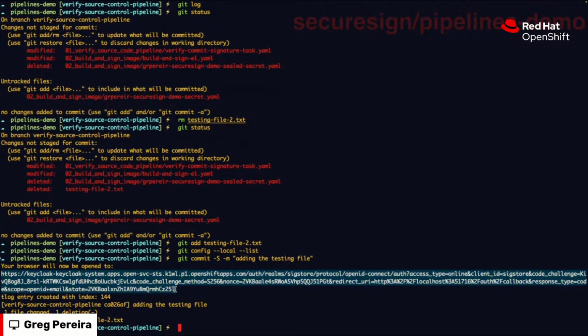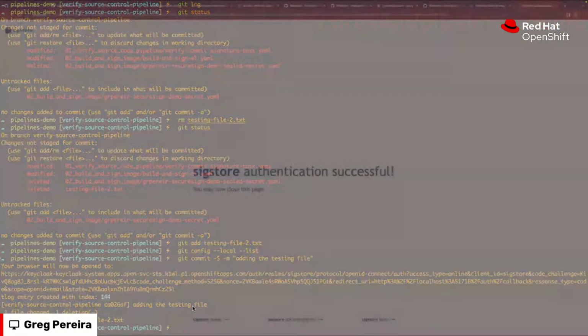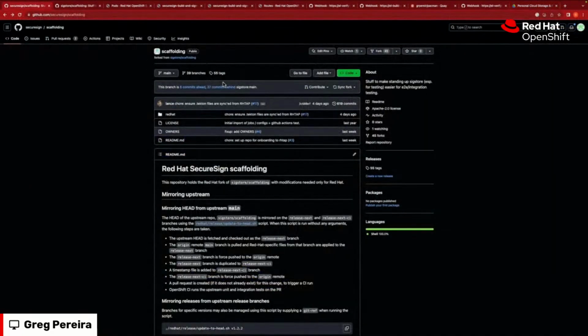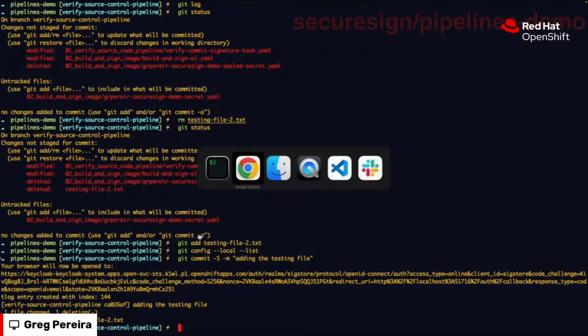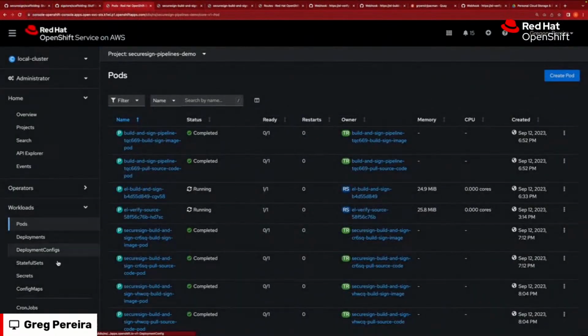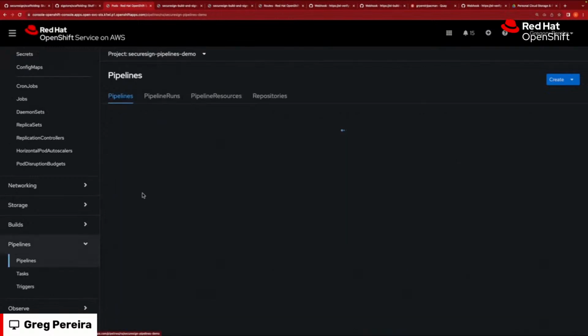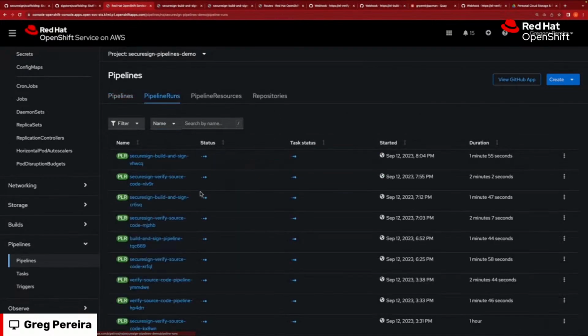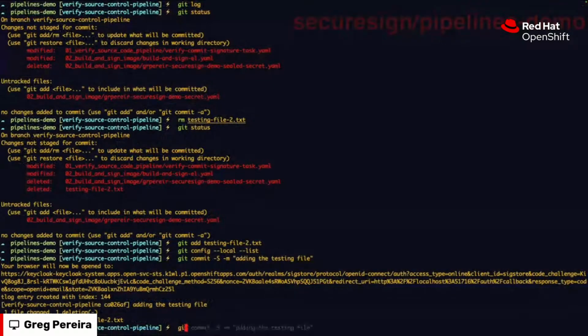So I make the commit, and you can see here how it opens up this Keycloak authentication window, and I'm authenticating there, and it spits me back this tlog index to verify, yes, you have signed this commit. It is in the transparency log. We've received it, right? So I think at this point, I'm waiting to see if my pipeline kicked off, which it actually shouldn't have, because I didn't remember to push at this point. So I think I'm checking my namespace here for my pipeline run. And it's not kicked off yet. So I just push here because that's what actually triggers the pipeline.